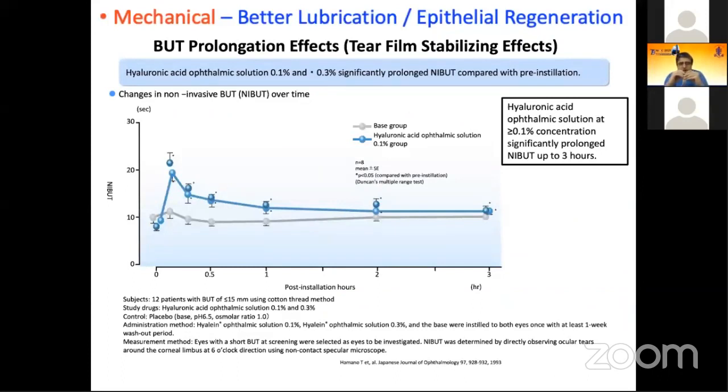When we put hyaluronic acid based eye drops on the ocular surface, we know that the tear film breakup time does improve for a period of up to 3 to 4 hours following instillation. So by providing a healthy tear film for a few hours following instillation, we can say that if we use these drops 4 to 5 times a day during the waking hours, the patient will have a fairly healthy tear film which is maintained on the ocular surface and will help to protect the corneal epithelium and give symptom relief to the patient.